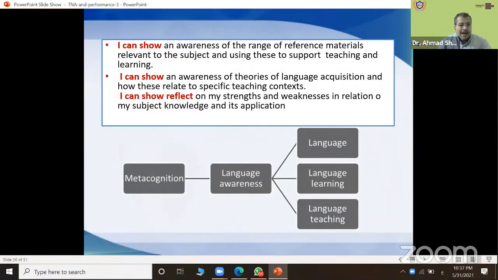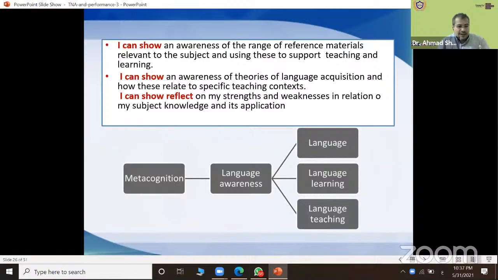I can show an awareness of the range of reference materials relevant to the subject and use these to support teaching and learning. I can show awareness, please, you have the word awareness all the time, awareness of theories of language acquisition and how these relate to specific teaching contexts. I can reflect on my strengths and weaknesses in relation to my subject knowledge and its application.